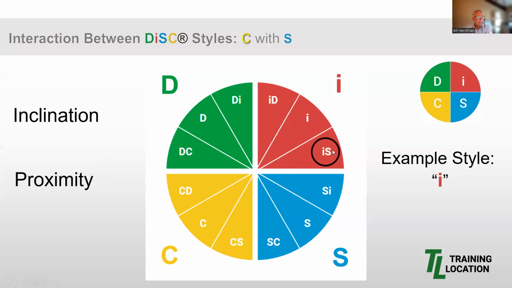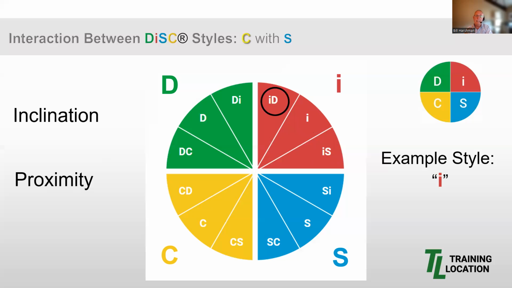Now, as I mentioned, second to understanding our style is proximity or placement to the neighboring style. In this example, I'm just looking at proximity and not inclination, just to make this point. In our example, there can exist three styles of I within the I quadrant. As you can see, the I quadrant contains an ID, an I style, and an IS style. Now, I is still the primary style. Let's remember that these I styles still share some degree of faster and outspoken pace and accepting and warm priority. Let's look at the subtle differences which make them unique.